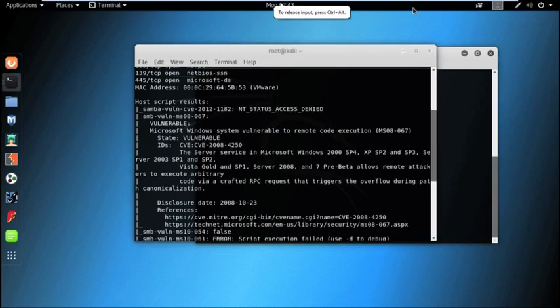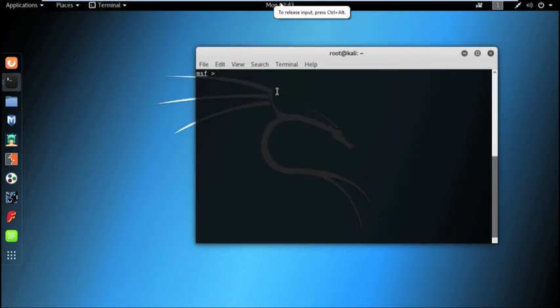Now, here is my Metasploit. Now, we will search whether there is any exploit present in the Metasploit framework for this particular vulnerability MS08-067. To find this out, we need to use the command search followed by the vulnerability name MS08-067.